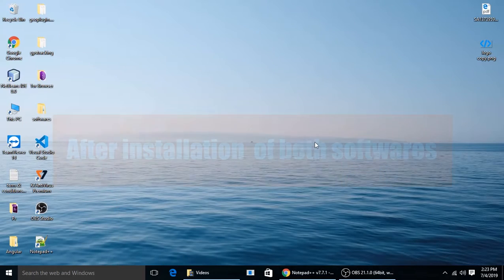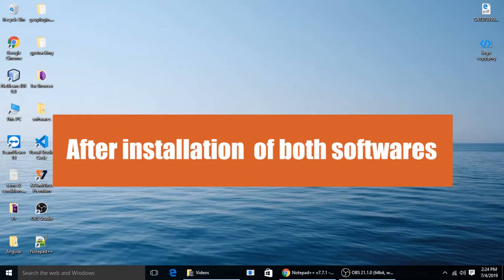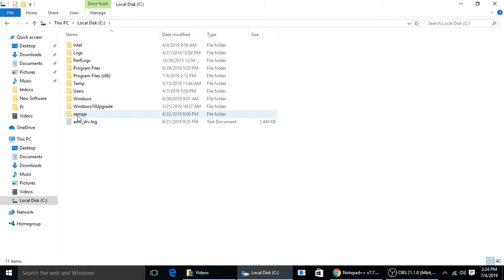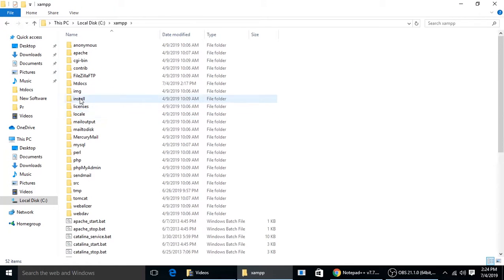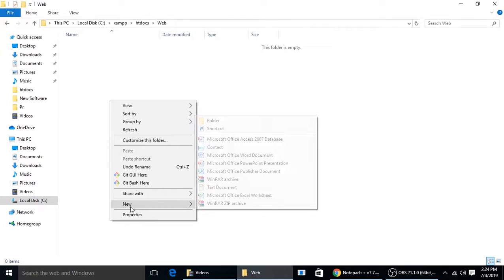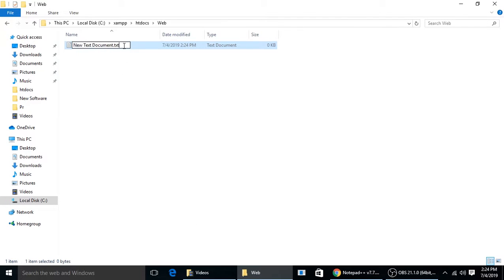After installation of both the software, we have to go to My PC, This PC, C drive, XAMPP. This will automatically have htdocs, and here we will create our project. I am creating my project, where you can give any name. And inside I want to create a new file, which is index.php. You can give any name,